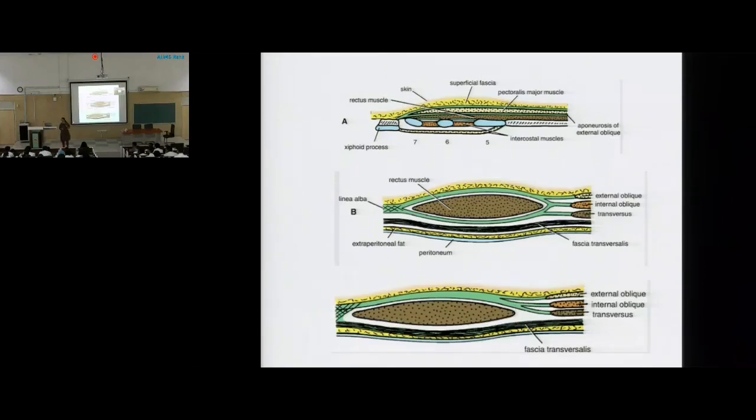I am hindering your view, yes? Okay, you will have to look at this a little less. Now the posterior lamina of the internal oblique aponeurosis is going to go posteriorly, and the aponeurosis of transversus abdominis is going to be posteriorly as well. Here we will not talk about the costal cartilages. We'll directly go into the fascia transversalis. Okay, what was there?